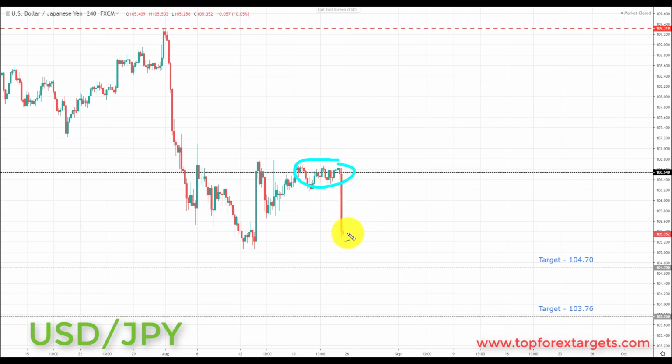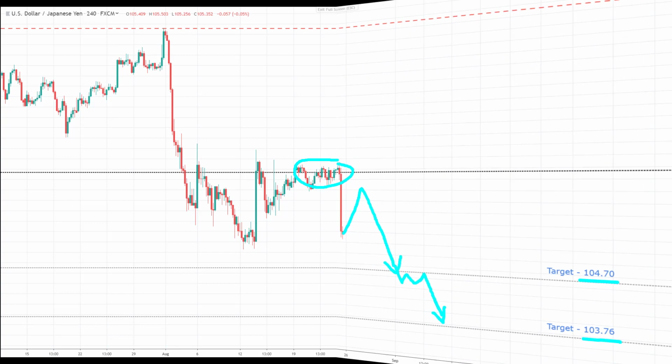But if you are not involved from last week, if we get a pullback, let's say to the 106.20, anywhere in this area is going to present another great opportunity to start to look for those bearish formations and patterns. And we're going to be looking down towards the next key area of support to the downside and the target set from last week at the 104.70. And if we can get a break through here, we're going to be looking down towards the next key area of support to the downside and target 2 at the 103.76.